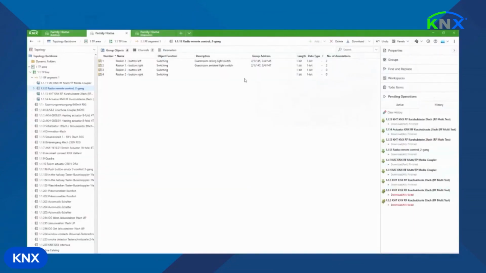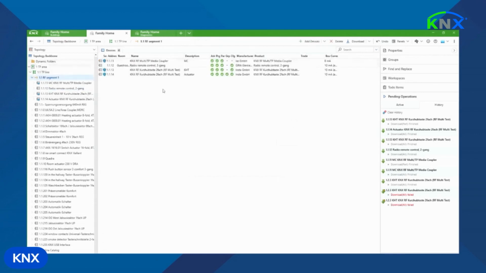Should I remove the device or just the linking? Just the linking, because we will keep this device. Just remove the group addresses for the ceiling light from the ready frame. Okay, so now I don't have any group addresses assigned to this device. Exactly. So if you now open the push button, the 1113,